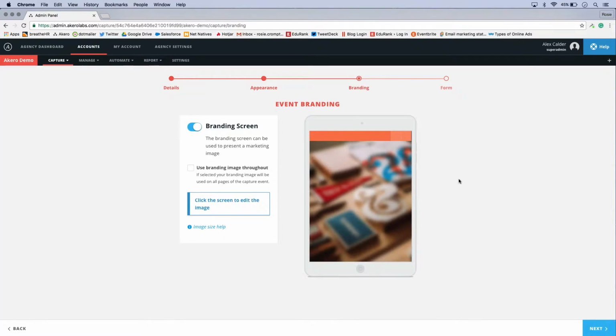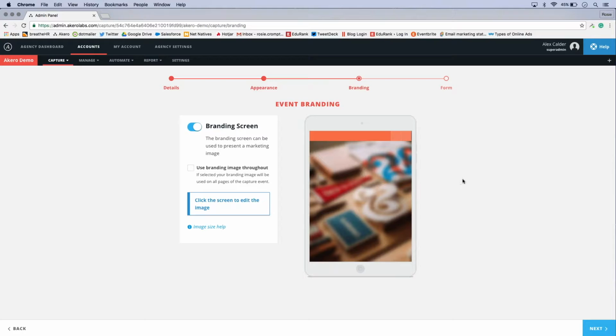Next of all, you can select a branded image. You can use a stock image of your campus if you'd like, or if you wanted to, you could build a custom image that had some sort of call to action, maybe a competition. If you were going to leave the tablets at various places around the event, this call to action could be something like submit your details here to win, so that students or potential students are incentivized to fill